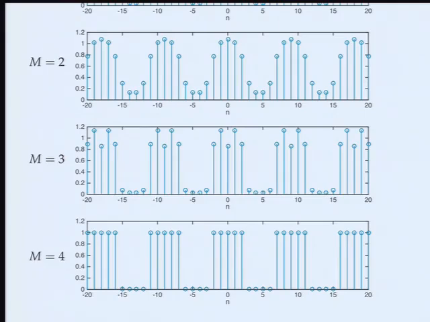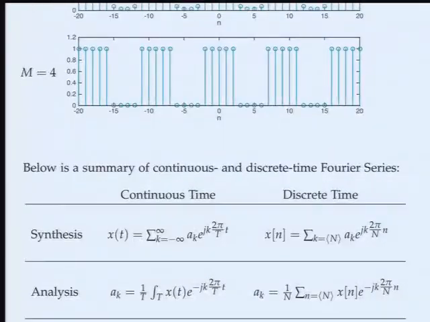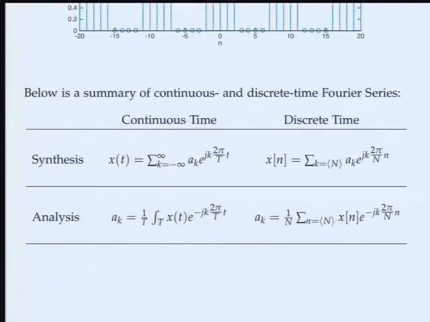No. All right. So that's pretty much it. So I have below here a summary of what we've seen so far. Continuous time and discrete time Fourier series. The synthesis equation in continuous time is a summation. The big difference from the synthesis equation in discrete time on the right-hand side is that we have infinitely many k's. Each one is different. They are different functions. Each larger k is a higher, faster oscillating signal.